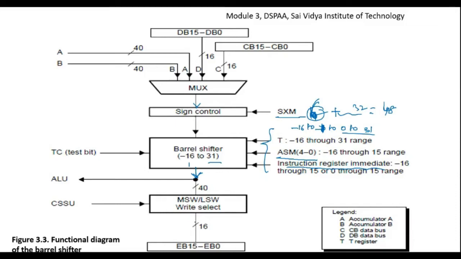So to send the data to the memory, we use the EAB and EB pair. EB0 to EB15 is used to write the data onto the memory. So practice today only this BADC, that is ABCD, not a problem.